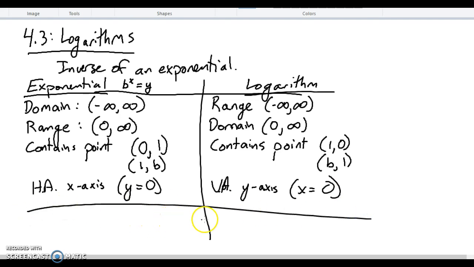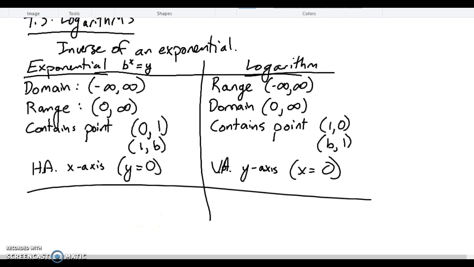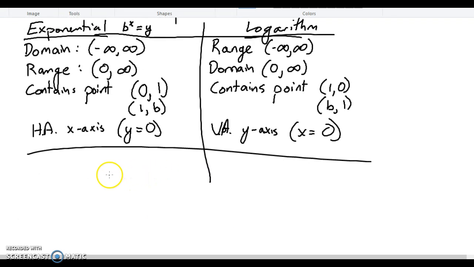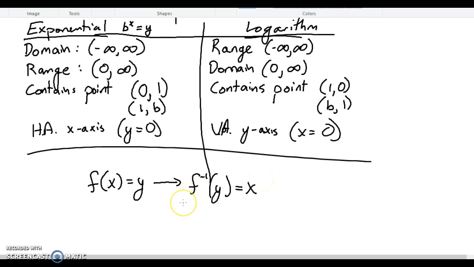And then in general, if we remember our inverses, if we have f of x equals y, well, that means f inverse of y equals x. Remember, it just undoes what happened before. The inverse simply undoes what the function did. And so specifically, that means,